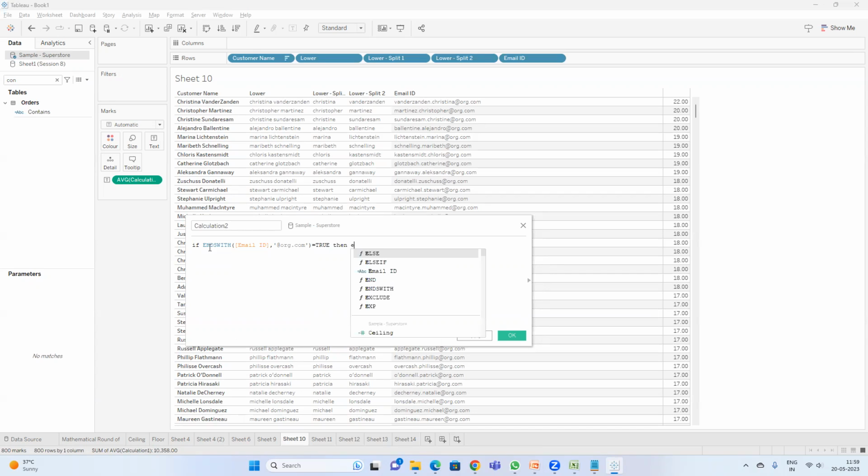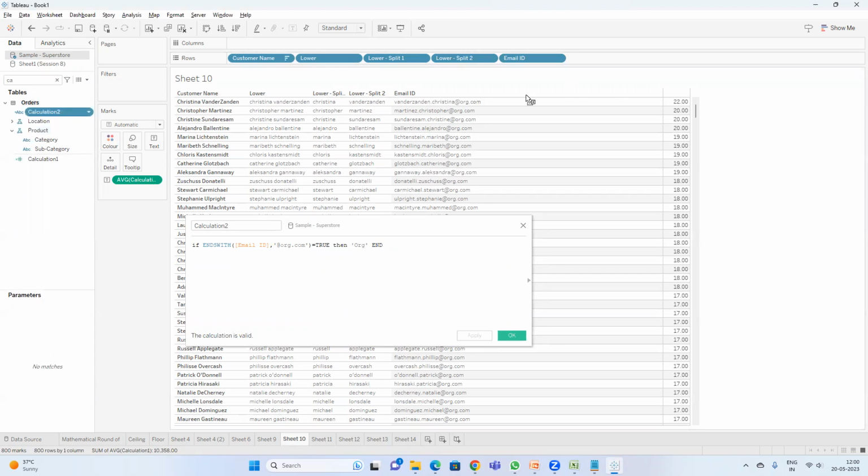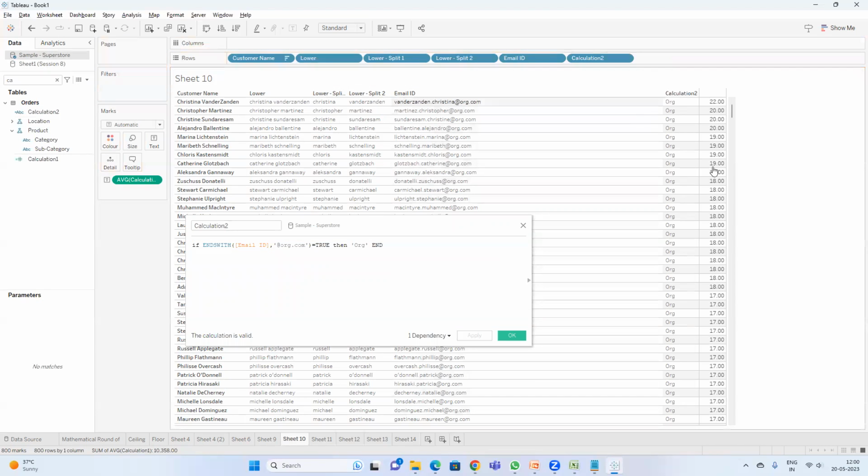Then show email ID and say apply. Or you can mention the org, say apply. So I'll use this calculation too. Okay, so you can just show which organization it is. So let's say if you have some other conditions,